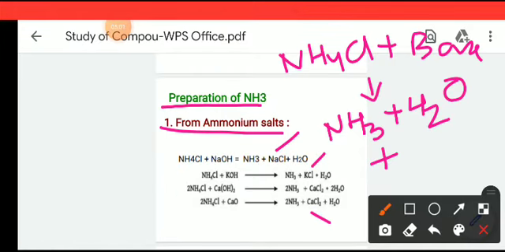The salt in the product depends purely on the base we use. If we use NaOH, we get NaCl. If we use KOH, we get KCl as a salt. So whenever we react NH4Cl with any base, we get ammonia, H2O and a salt. In this way you can easily form ammonia.